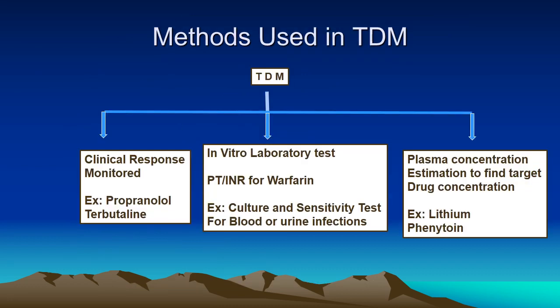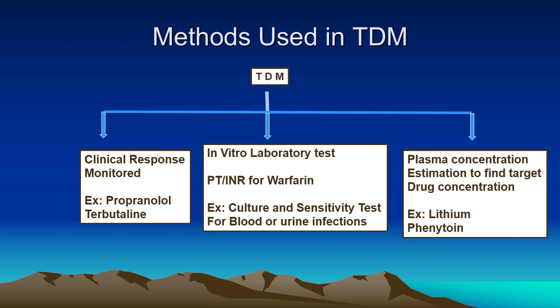There are methods which are used for therapeutic drug monitoring. One method is clinical response. An example is bronchodilation, which can be measured by comfort of the patient and also by FEV1, forced expiratory volume in 1 second, with bronchodilator drugs like terbutaline. And second is propranolol, where pulse rate can show the clinical response or reduction in the blood pressure can show